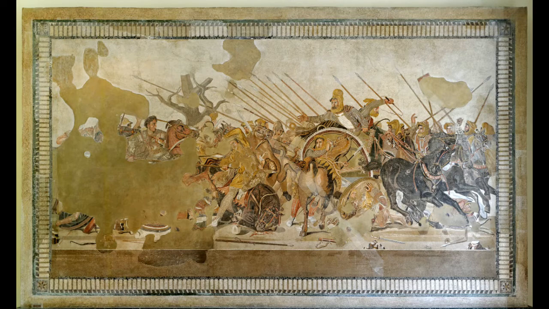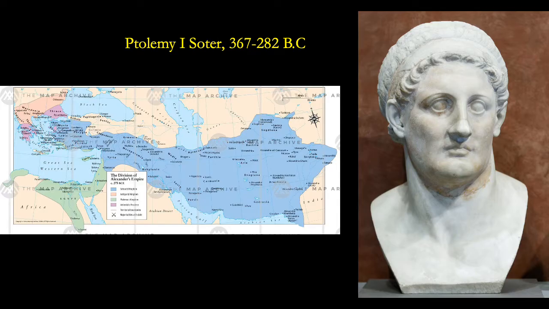Now, I talk about this fresco a lot, once again, if you take my Greek and Roman class, but we got to stick with Egypt. What happens is, after he dies, his generals fight over what was left of the Persian Empire. This is what the red, green, blue, orange, etc. was. Most of it was the Persian Empire; the southern Greek part was not. But it's a big area, and he spent 12 years campaigning through this region and took all of it, and would eventually die in Babylon.